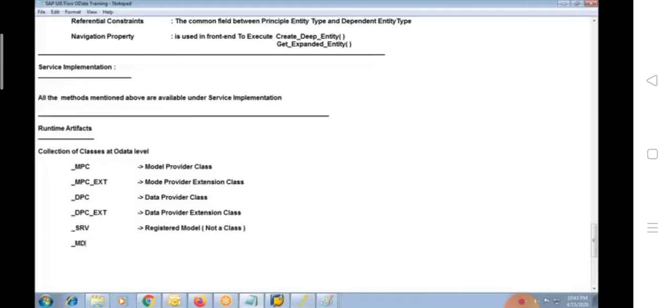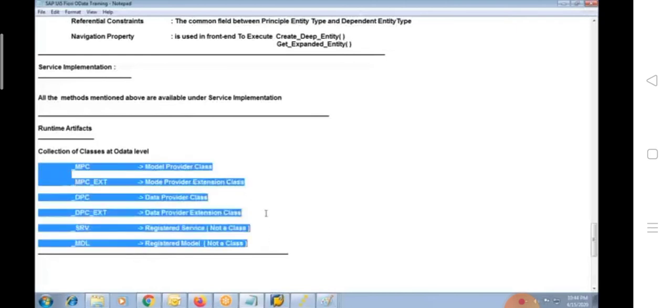And then you will get MDL. We call this the registered model, and the other is the registered service. So this is also not a class. Frankly speaking, this is not a class. But technically, when you write the code at OData level, ultimately we are going to use these different classes.